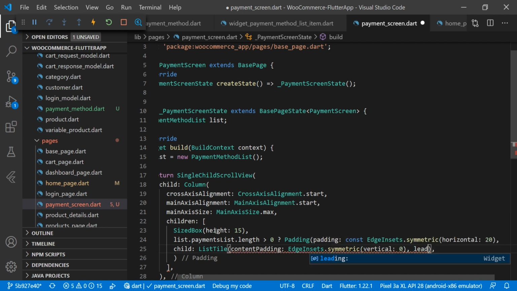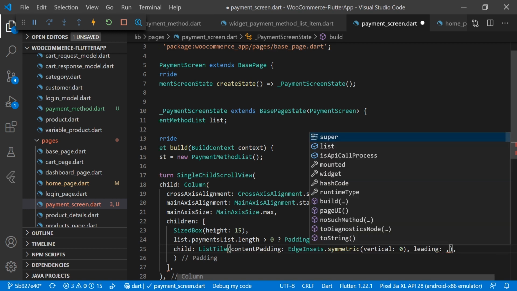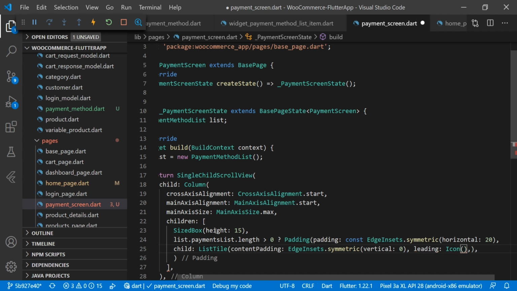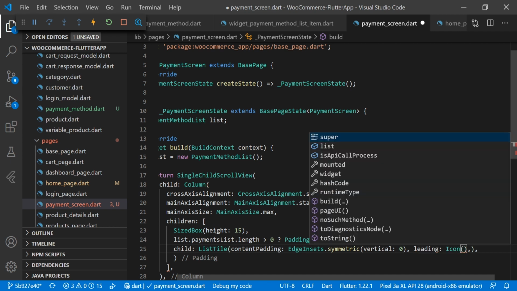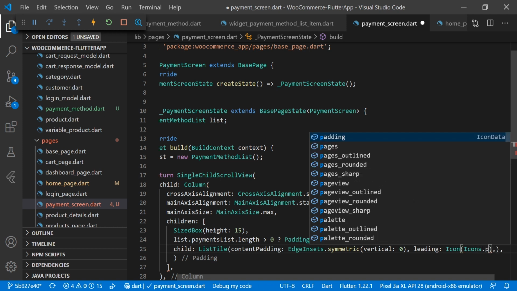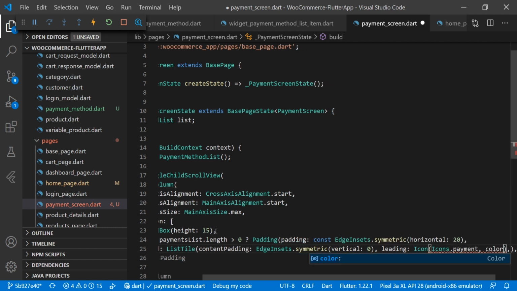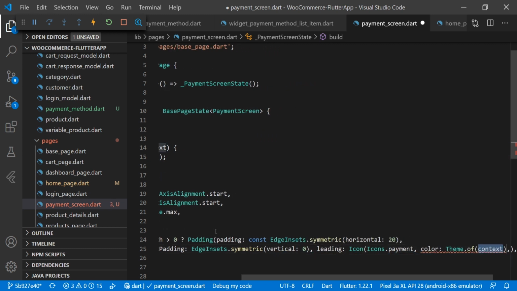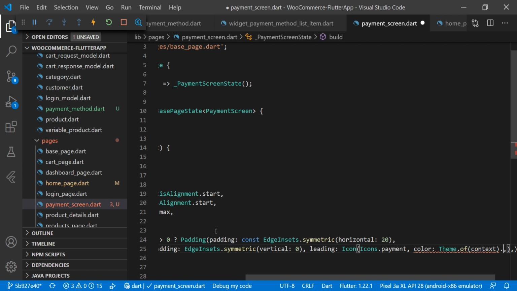Then we have the leading here, and for the leading we are using Icon, and we are passing Icons.payment. Then we have the color here, and for the color we are using Theme.of(context).hintColor,